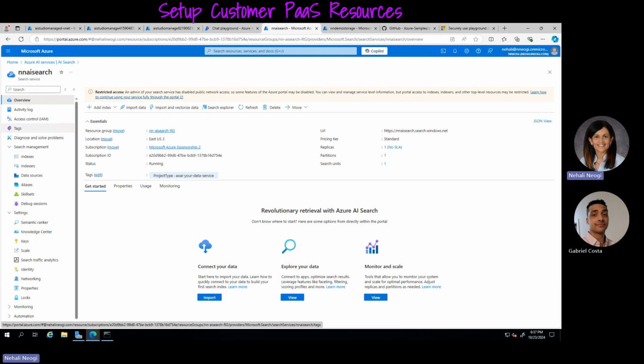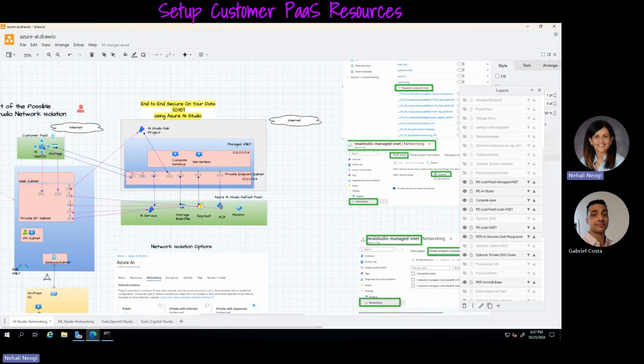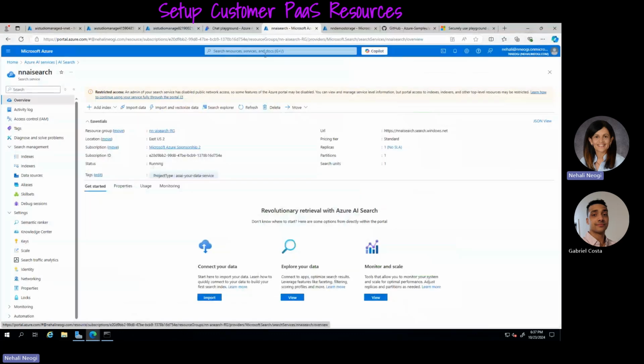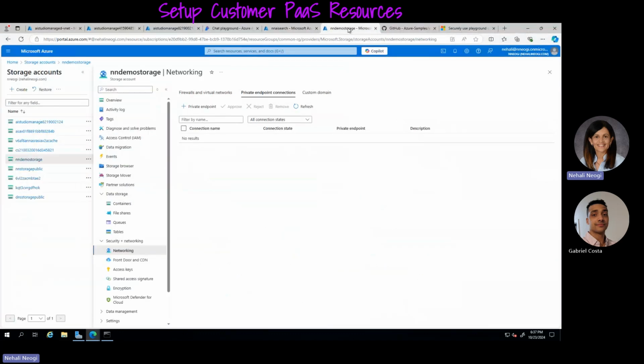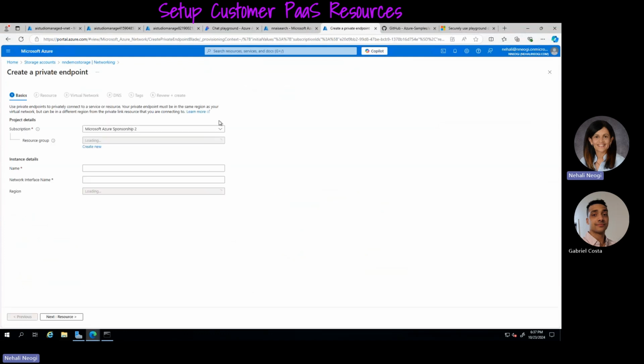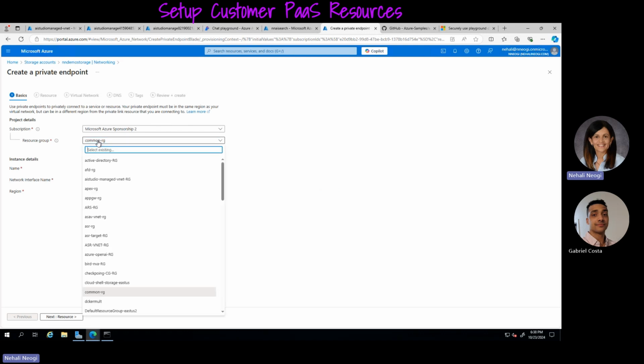So again, jumping back into the diagram, the first thing we will do is create two private endpoints for these customers' PaaS. Again, the data that we're going to be using today is stored in the storage account. So the first thing we'll do is project these two private endpoints. So let's go ahead and jump on to the storage account, private endpoint, create private endpoint, and we'll call this